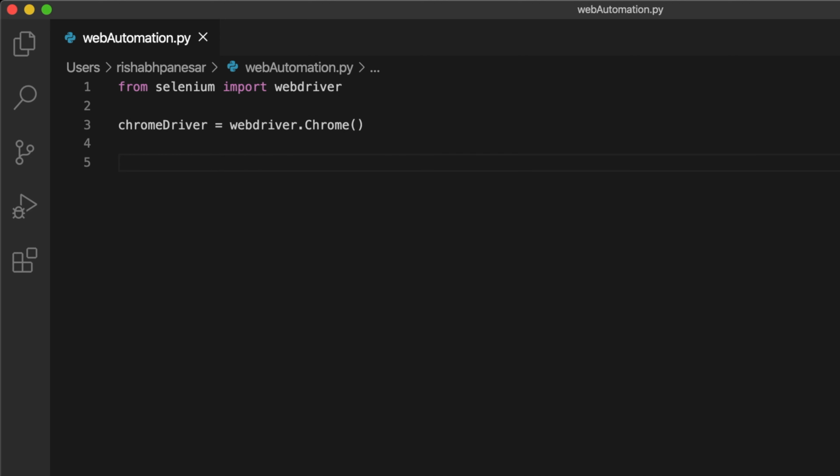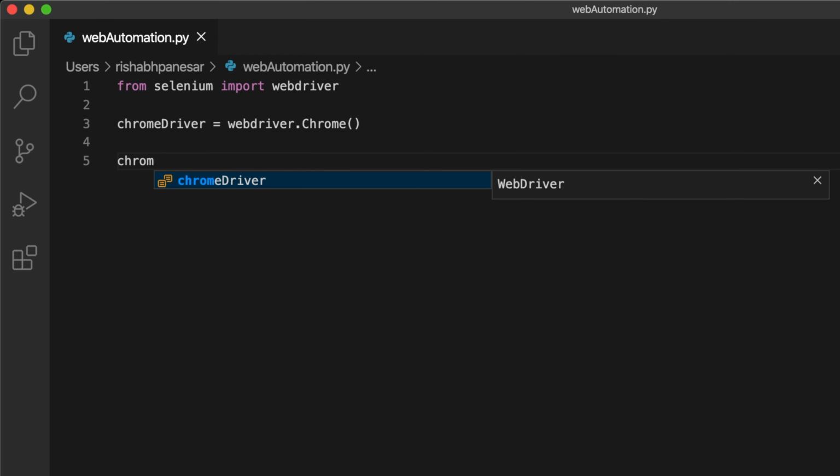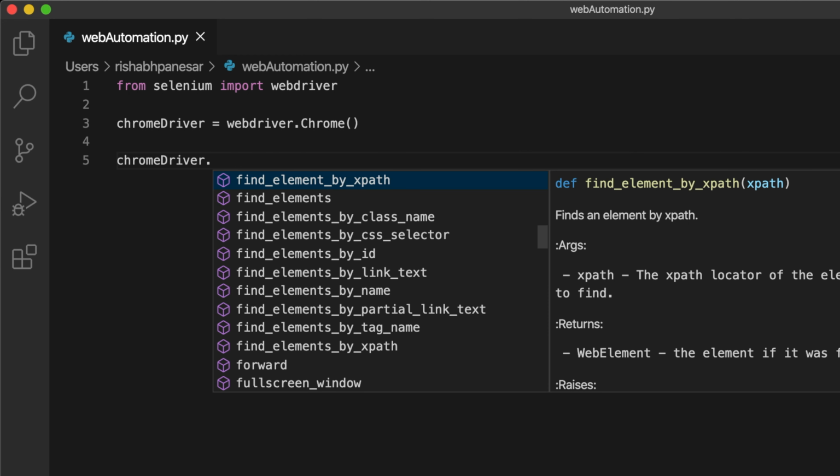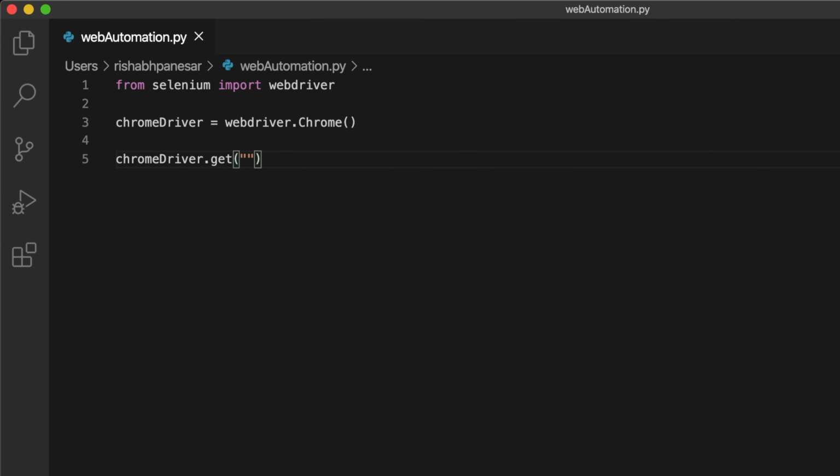Now comes the interesting part. We want to make a request. So now we call this driver and say, get this link for me. And once you get the link, open it in Chrome. So I'll write get and then I'll pass the link which I want to open. So the link is